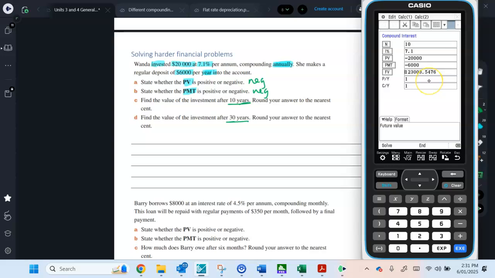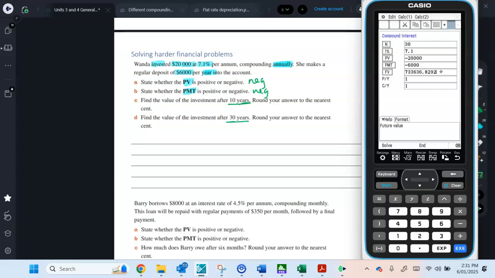All right, so for part D, the only thing that changes is the value of N is now 30, so it's 30 years. And we want to just change the future value. You don't need to delete it, you can just press on it again. So you get $733,636.83. So not bad if you invested $20,000